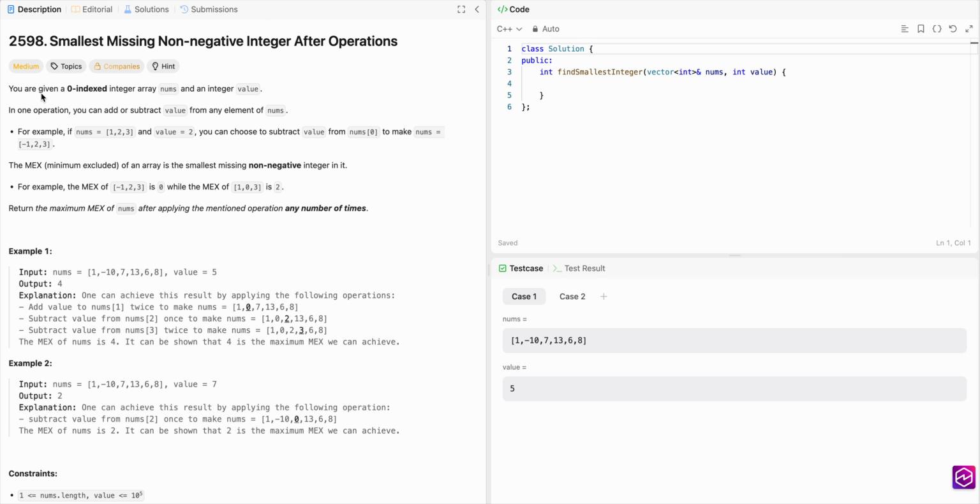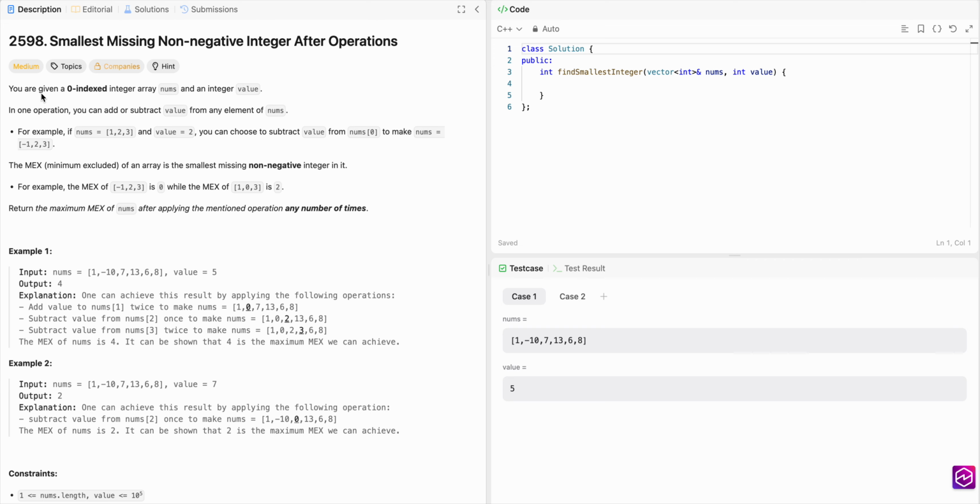For example, nums is equal to [1, 2, 3] and value equals 2. You can choose to subtract value from nums[0] to make it [-1, 2, 3]. The MEX of an array is the smallest non-negative integer missing from it. Return the maximum MEX of nums after applying the mentioned operation any number of times. Okay, cool. So first of all, what we can do is obviously